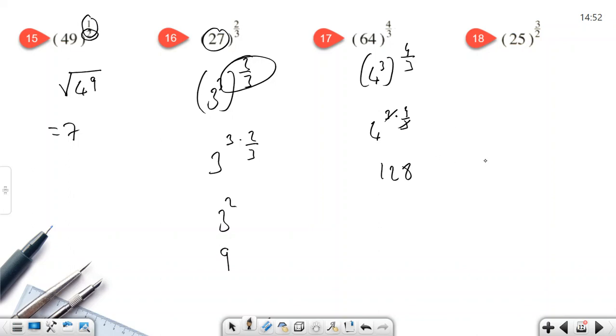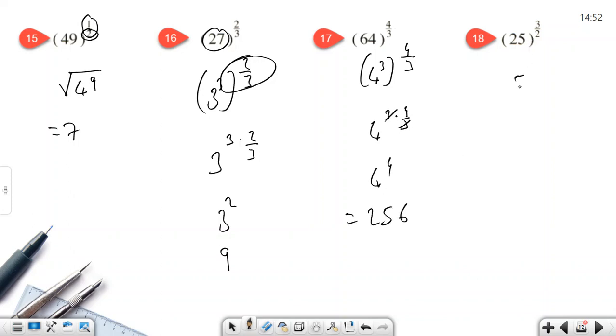Let's try 16 multiplied by 16, it is 256, not 128. So 4 power of 4 equal